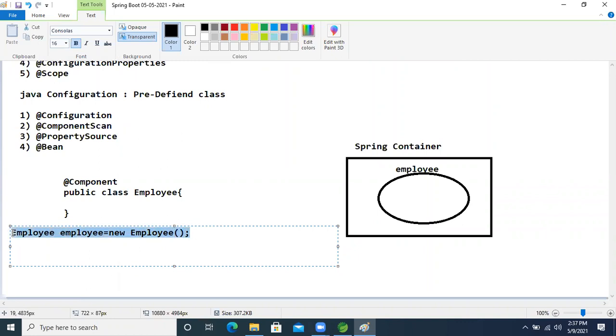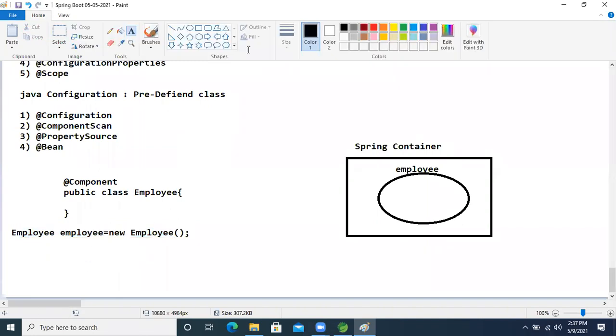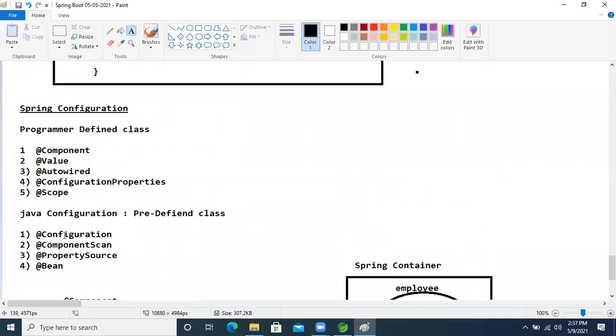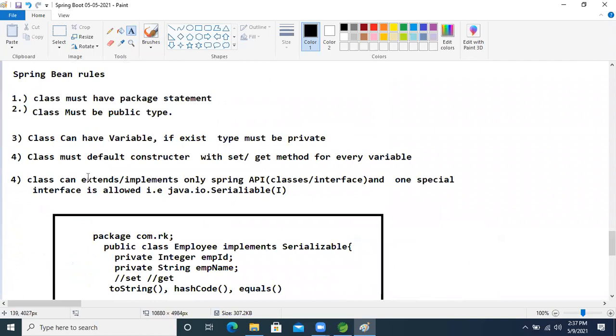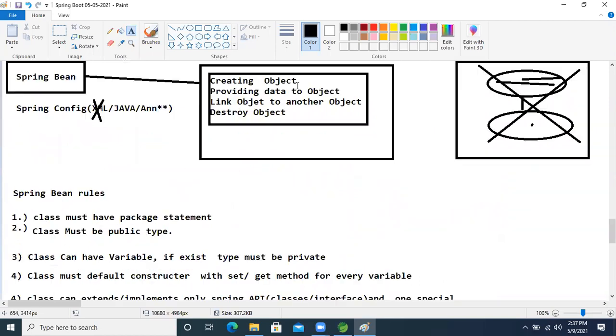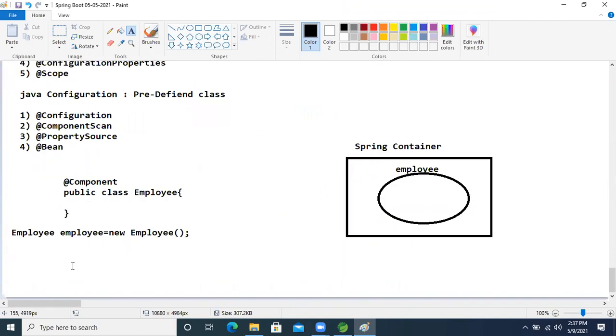This responsibility is not ours whenever we are working with any container or framework. It is taken care of by the IOC container, as I already explained. Here I'm showing what the IOC container is doing internally: the first letter becomes small whenever the IOC container creates a reference name.